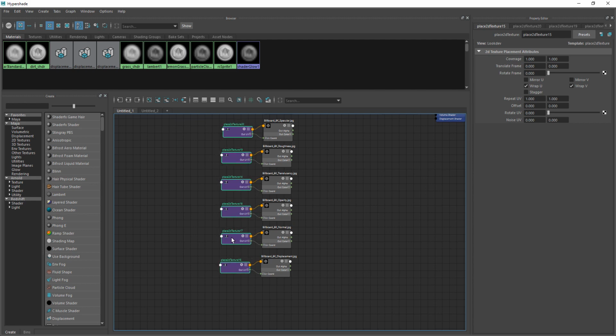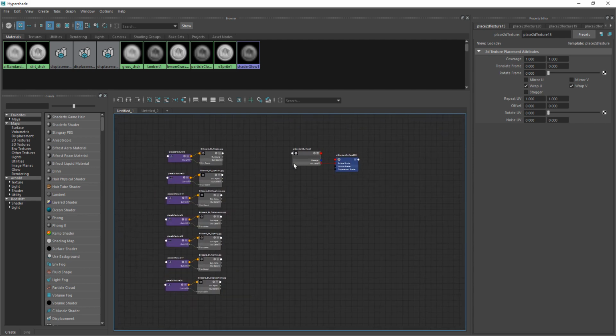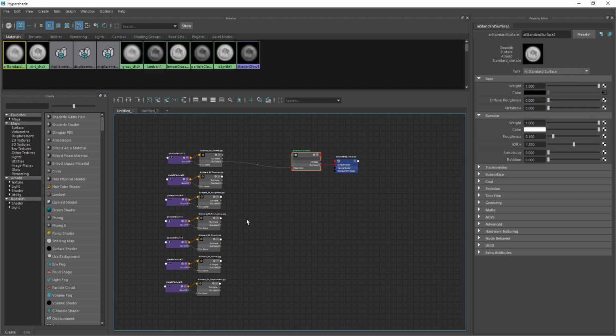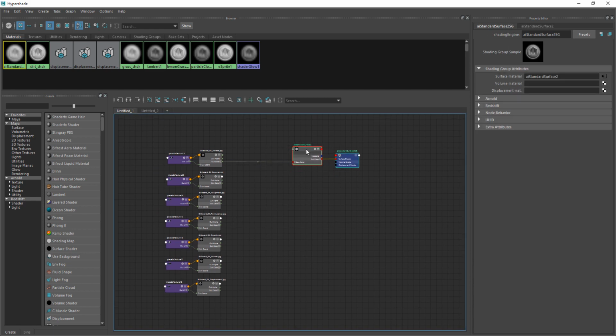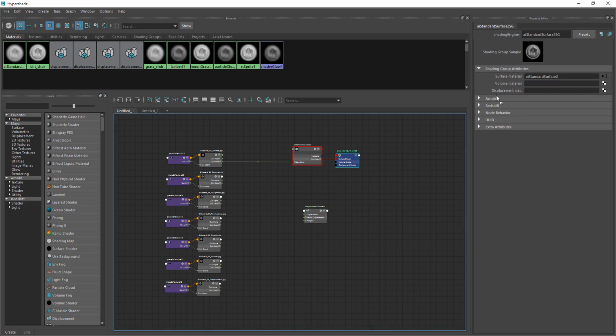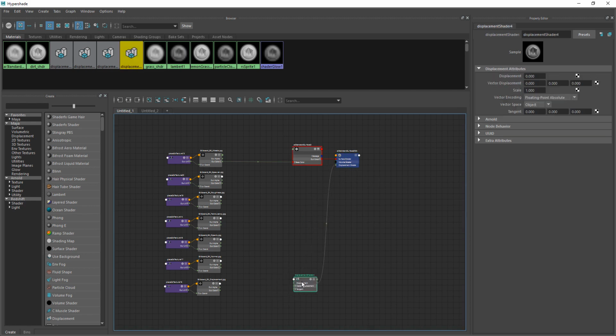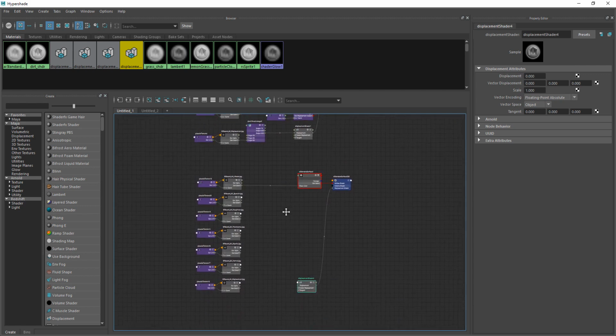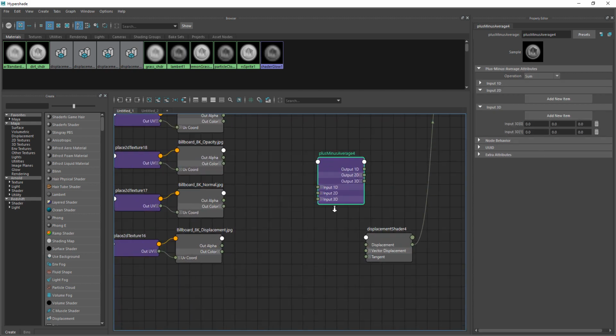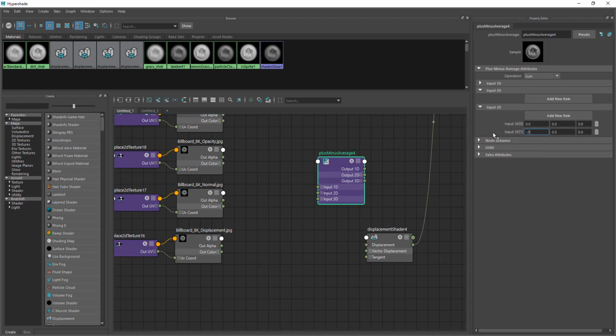I'm just going to line all these up so it looks nice and tidy, and I'm going to drop the albedo in and make sure this is set to 1 just like before. Then I'm going to work on displacement. I'm going to create a disp shader again, exactly the same as before, and drop that into displacement and then drag it down to line up here. We're also going to use a plus minus node, exactly the same as just before with the dirt. It's the same procedure. So -0.5,